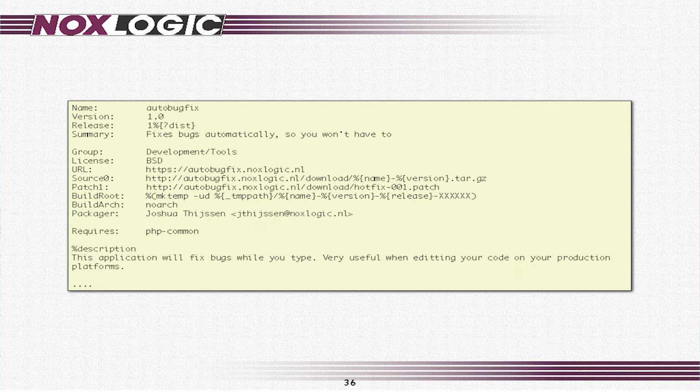There's a license in there. You can see the URL where you can find information about the package, and here you see things like Source0, Patch1, etc. All the Source0, Source1, Source2, Source3, etc. are source files. Those files are needed to actually start compiling your application. The patch files are just patch files that you can add, like new features, like hotfixes, etc. In this case, I only have one patch file, namely hotfix001.patch. Now,